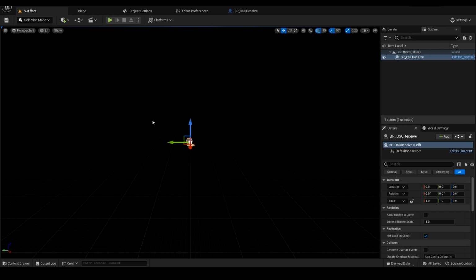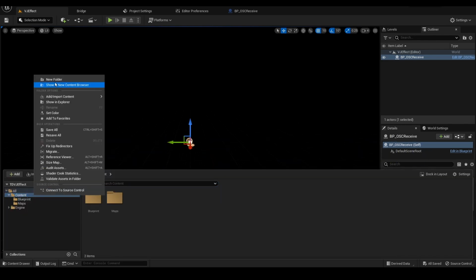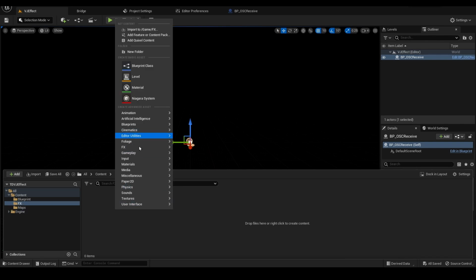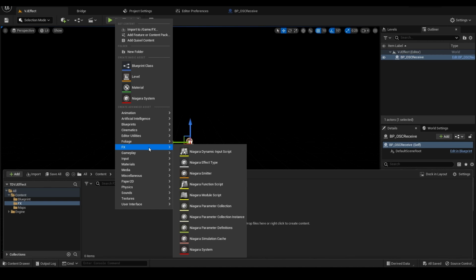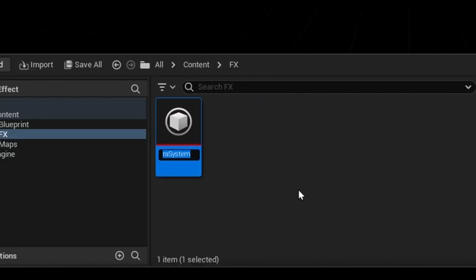So we're gonna make the Niagara effect. Okay, let's go. I'm gonna add the new folder, name it FX, and I'm gonna add the Niagara system. And if you go to the FX, you can find the Niagara system and the new system from the create empty system, and name it NS